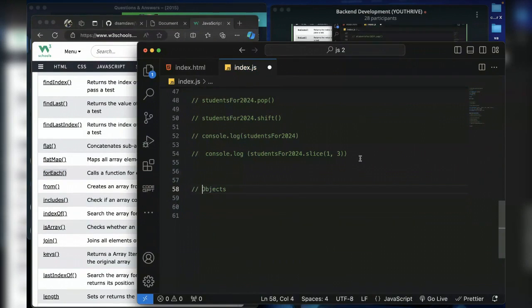So, objects in an array or in JavaScript. Now, an object in JavaScript is still the normal thing